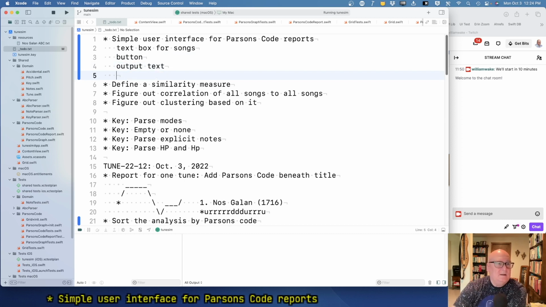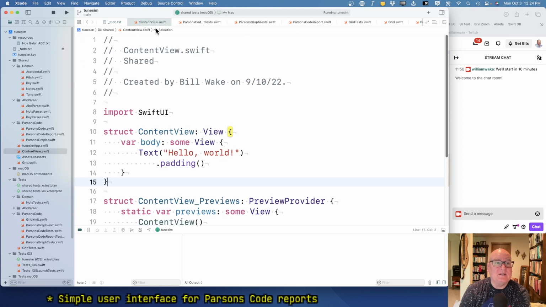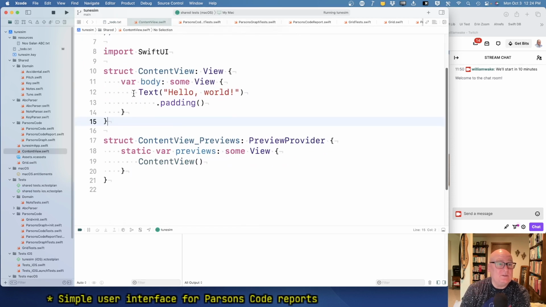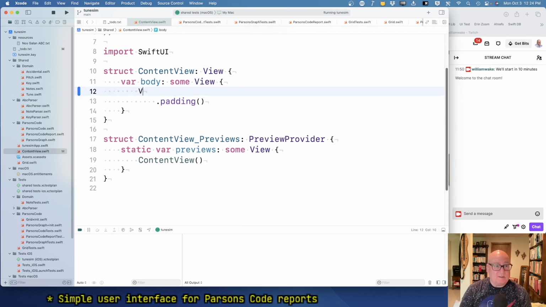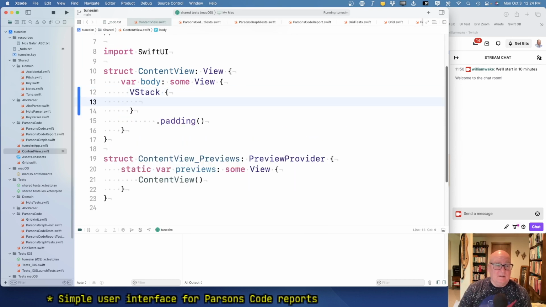Okay. That's pretty minimal. All right. So content view, well, we got a view. We don't want this text anymore. I guess we're going to want a vertical stack. And in there we have,